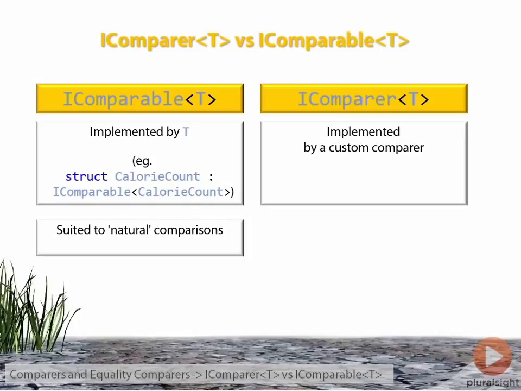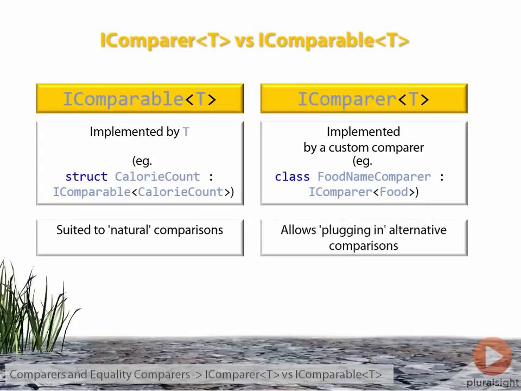Thus we implemented FoodNameComparer as a type that implements IComparer<Food>. FoodNameComparer obviously isn't itself a food, it's simply a type that declares it knows how to compare foods using some criteria. And because FoodNameComparer isn't a food, that means we can plug it in as required whenever we need to compare foods by name. If in our code we decided that we didn't want to sort the foods by name,